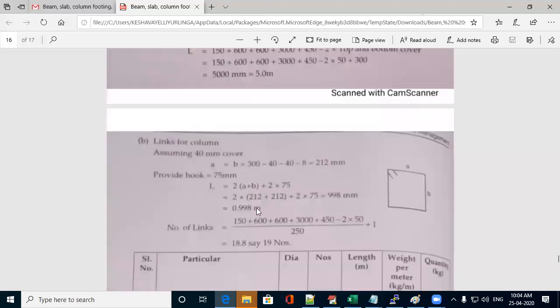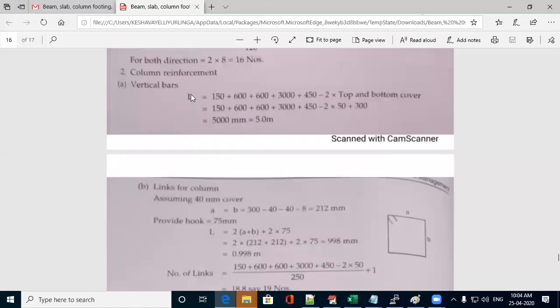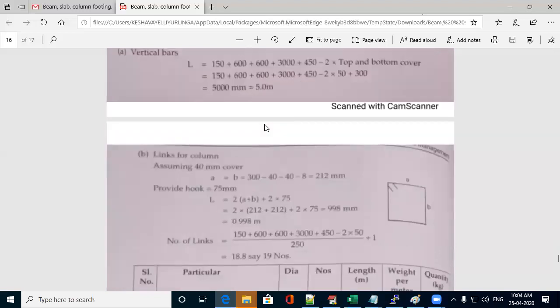See, here 150, 600, 600, 3000, 450, minus 2 covers, plus this 300. So when you work out, each bar will be of length 5 meter. Like that you have 4 bars of 20 mm diameter. Now coming to the links, that is